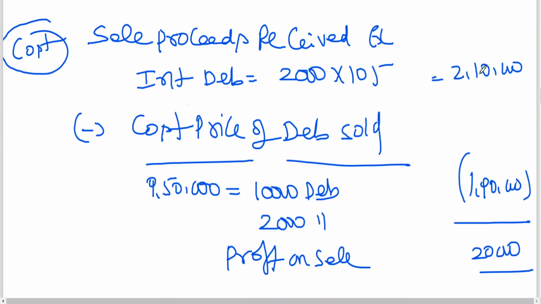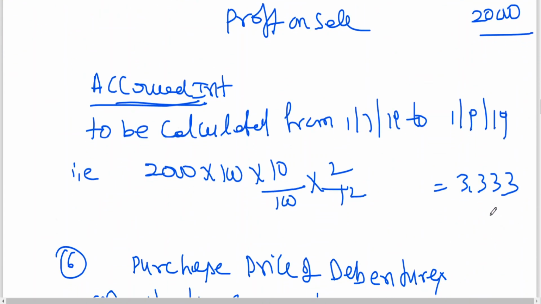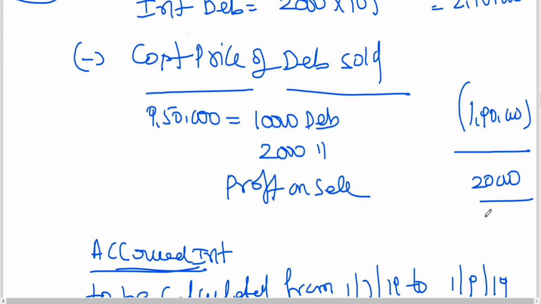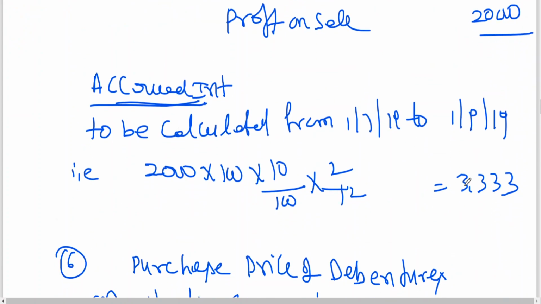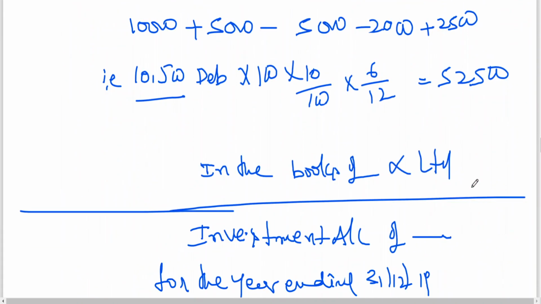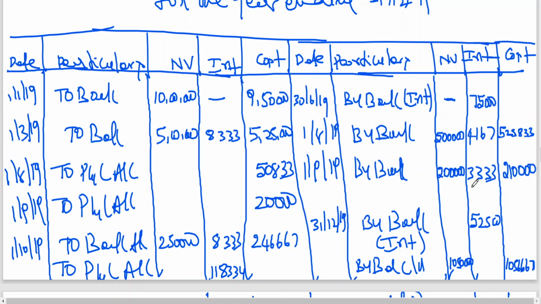But this 2,10,000 is excluding interest. 2,10,000 plus 3,333. How much will I be collecting from the buyer? 2,13,333. But this interest, whatever the buyer is paying, the buyer is going to get back from the company again. This I have explained in the last class also. I hope you got the clarity on how we have to work it out. This is one example I have taken to explain this logic. So now with this I am concluding today's class.